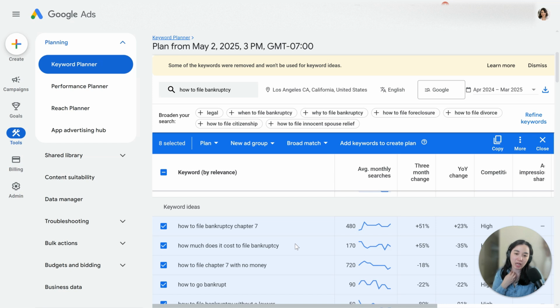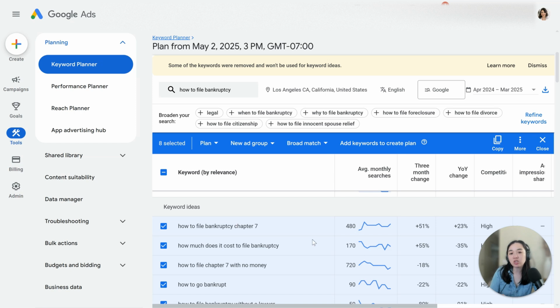because then you're able to get in front of someone that's looking to file Chapter 7 and say, hey, you don't need to do this alone. People that are searching for how to file bankruptcy Chapter 7 are not necessarily saying whether they want to do it themselves or with a lawyer. But as a lawyer, you can have ads that appear in front of people that are doing these types of